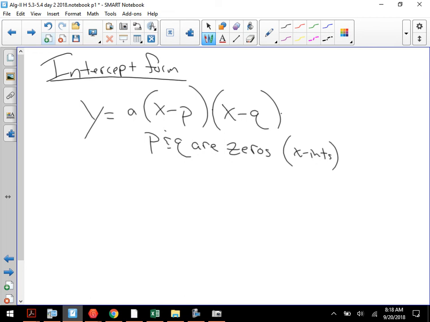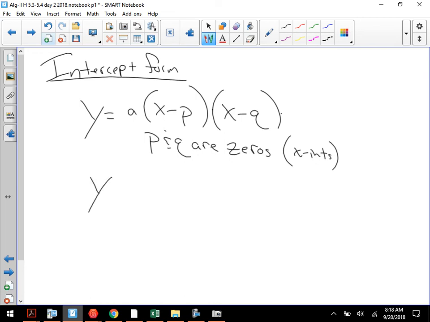With intercept form, what you have to find is that they're basically giving you your first set of symmetric twins. What occurs halfway between every single set of symmetric twins? The axis of symmetry, which the vertex lies on. Okay? So if I use a quick example here,